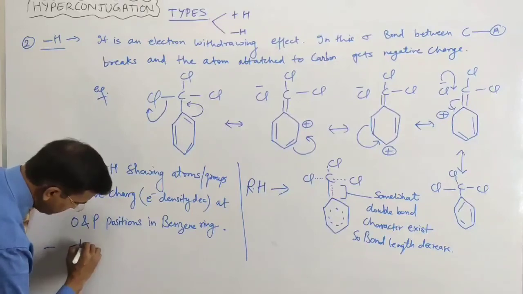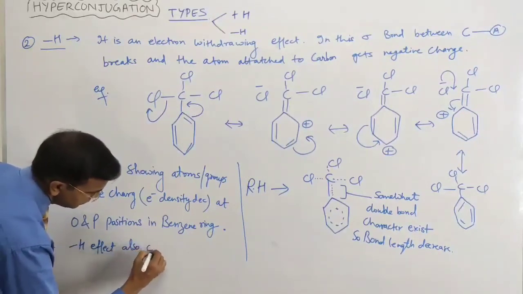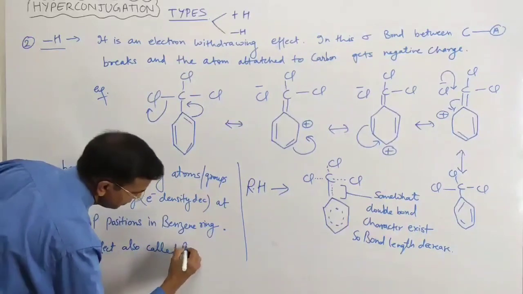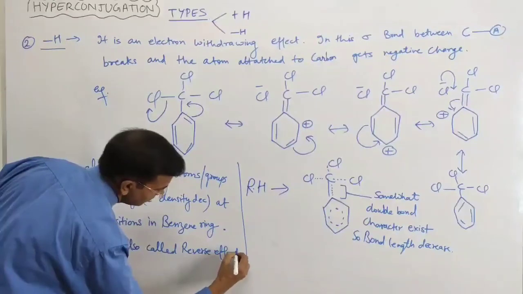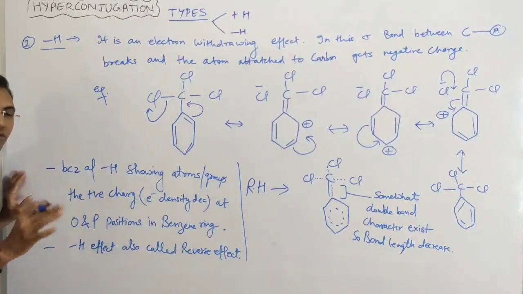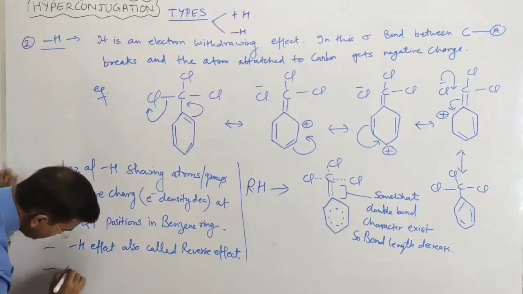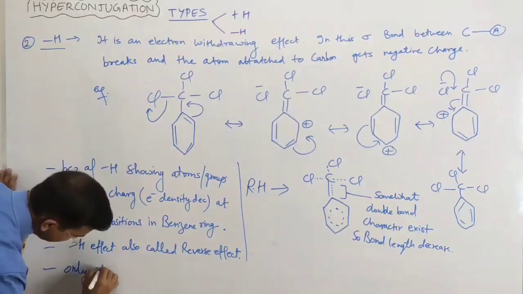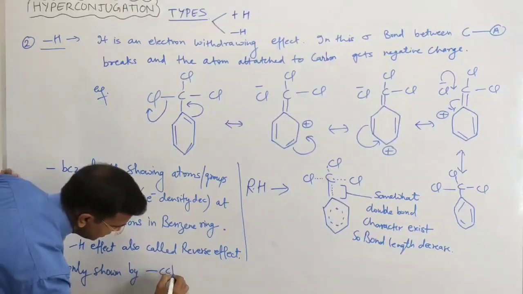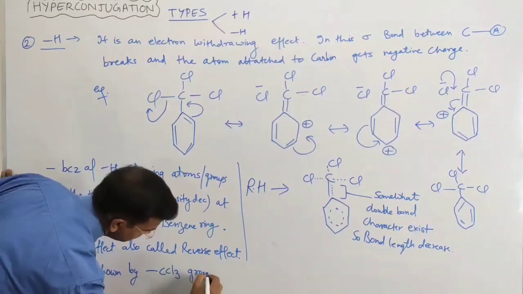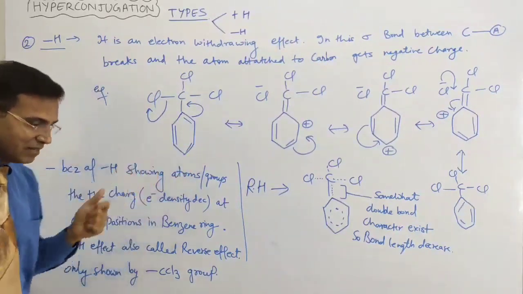The minus H effect is also called the reverse effect. It is only shown by the CCl3 group, right? That's why I am taking this example, right? So now